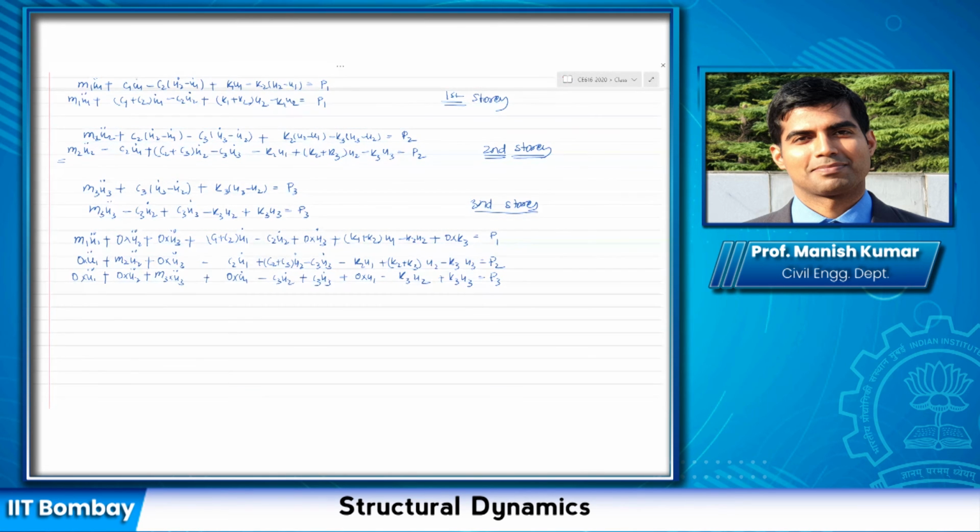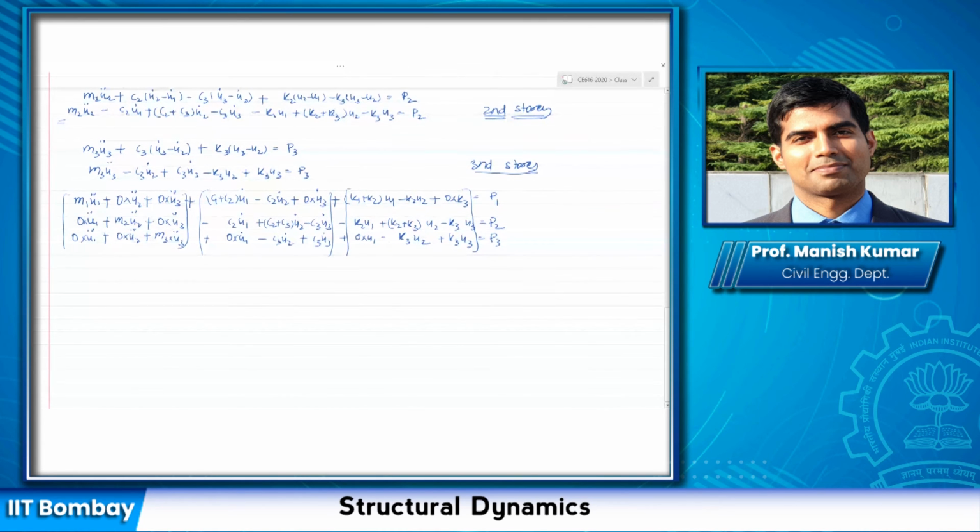Now what I'm going to do is write this as the first, this as the second, and this as the third part. And how do I do that? If you look at the first set of numbers here, in terms of matrix multiplication, it is M1 0 0, 0 M2 0, 0 0 M3. I'm just doing this for the first time so that it becomes clear to you. Next time I'm not going to write it like that. I'm just going to write the final equation.